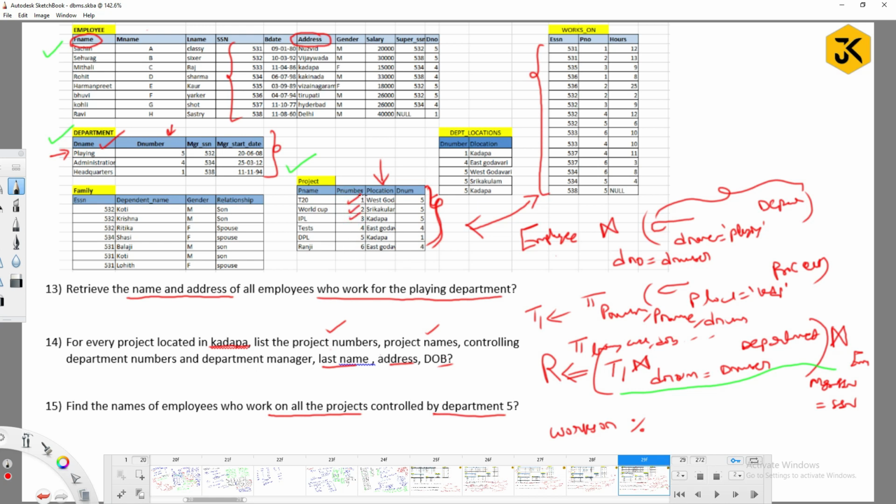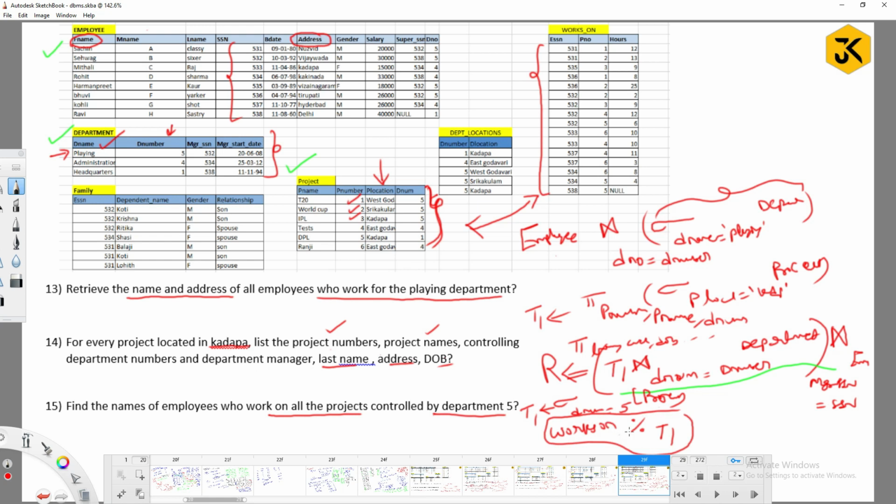That's it. How can you get the department number 5 projects? By using the select operation: select department number equal to 5 from the project table. That I am going to assume as T1. Those should be completely divisible by the Works_on relation.